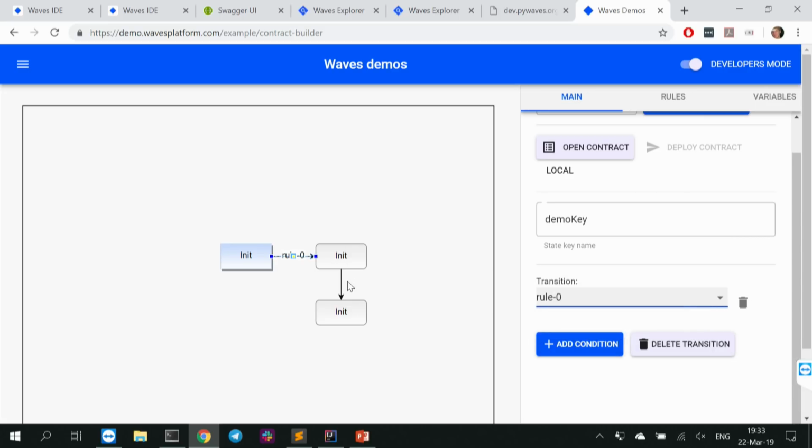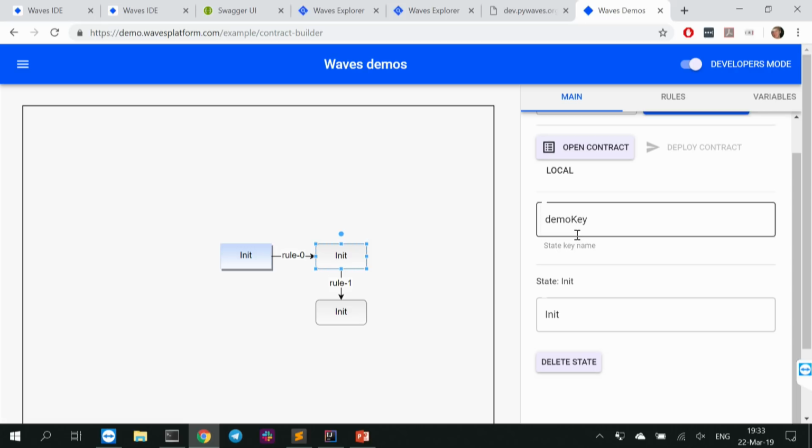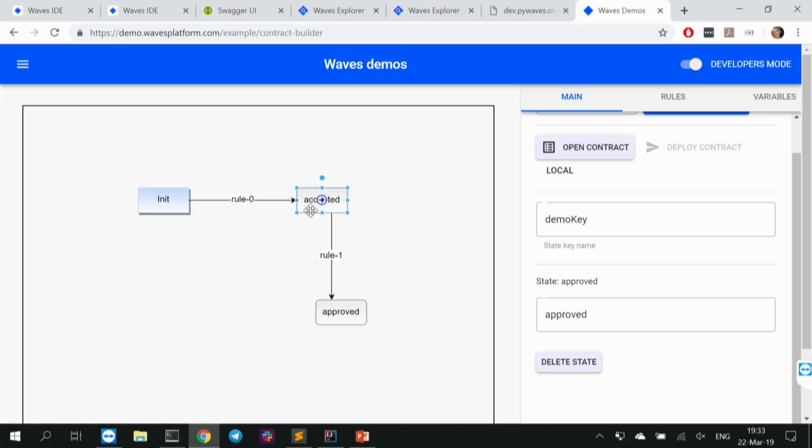You can add some public key rules, like transition rule 1, and this is called a state key. Accepted, and this is called, whatever, approved, and different people can navigate by different paths, but it's all described in the contract.